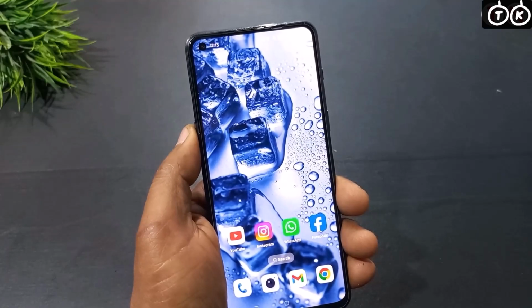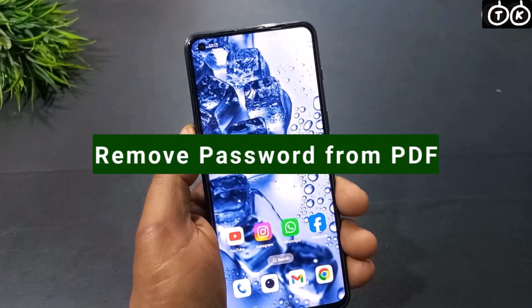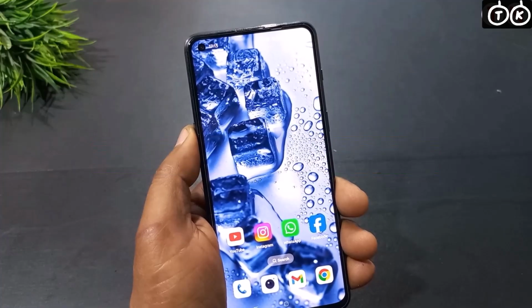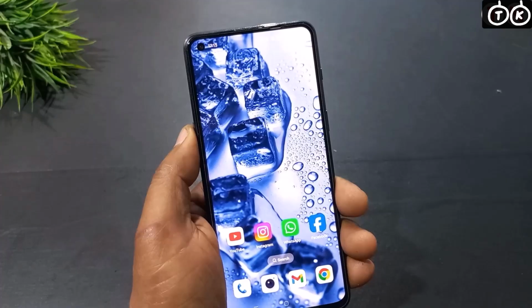In this video I am going to show you how you can remove password from a PDF file. If you have a password protected PDF and you want to remove password permanently, watch this whole video and don't